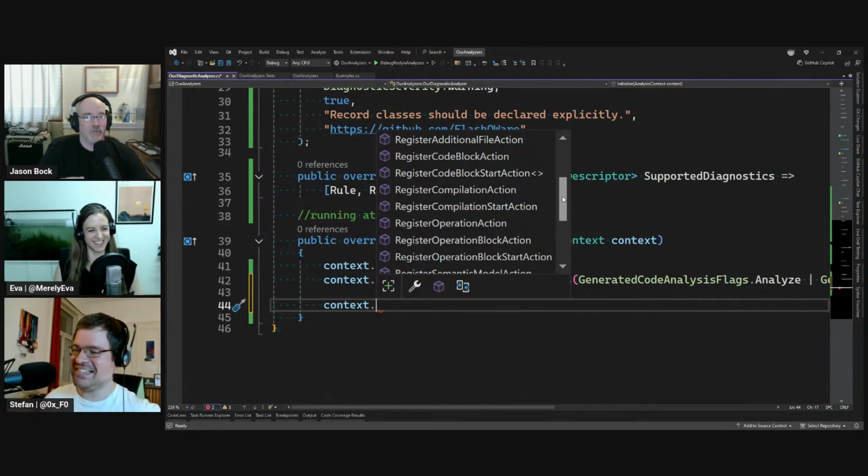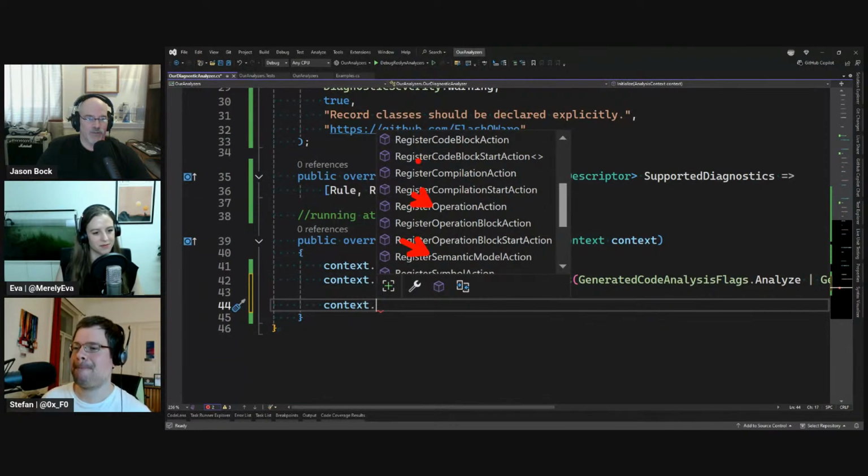This is all, and again, if you're looking for operations, you might want to pick a register operation action. For example, one that I've done is I'm looking for an object creation. So in that case, I would use register operation action. So it's kind of like if you want to pick a semantic model, if you want to pick like a type symbol or a parameter symbol, then you could register a semantic model action. So